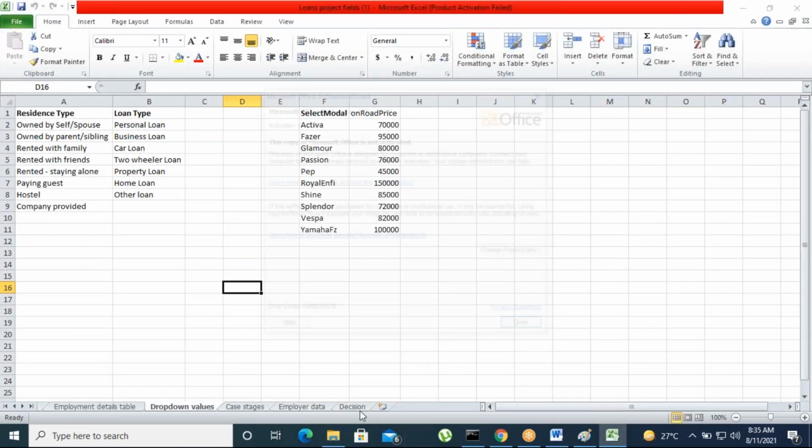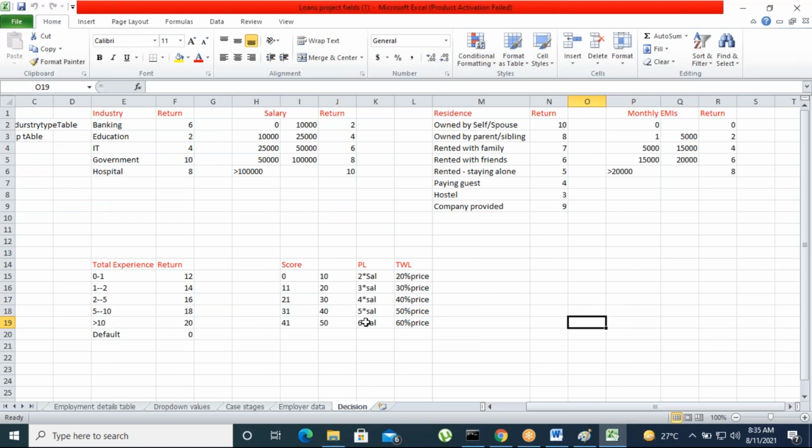This is just a loan project, a two-wheeler loan and a personal loan. Suppose you have already taken a personal loan. Is the customer paying the EMI properly or not? Just before applying for any loan again, any sum, one more personal loan, the bank is going to calculate the credit score of the customer. If the credit score is good, then the bank is going to approve one more loan, correct? So this is about how to calculate the credit score before approving the second loan.